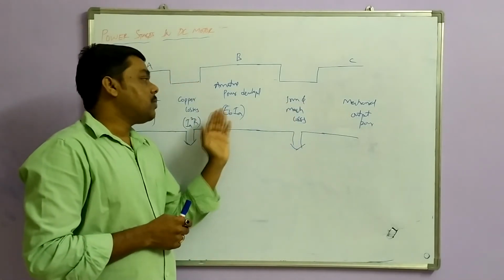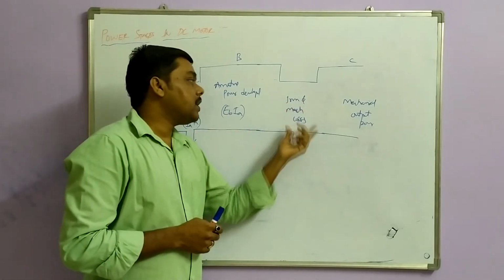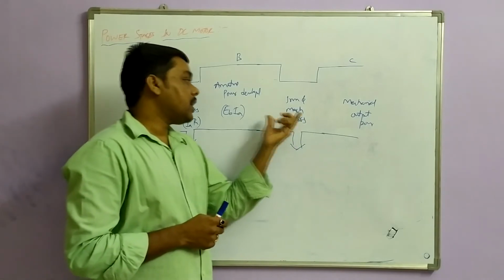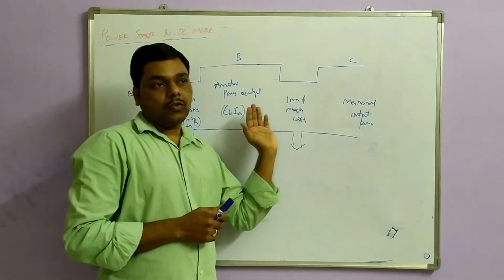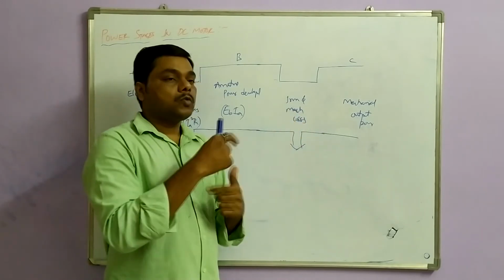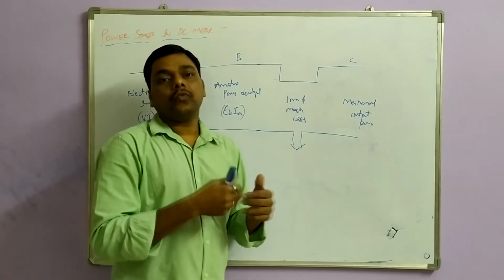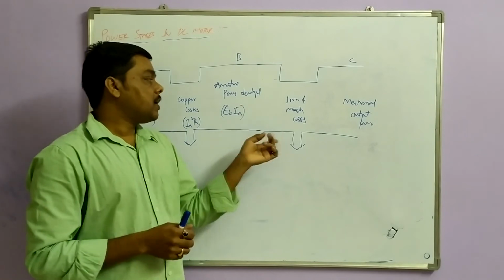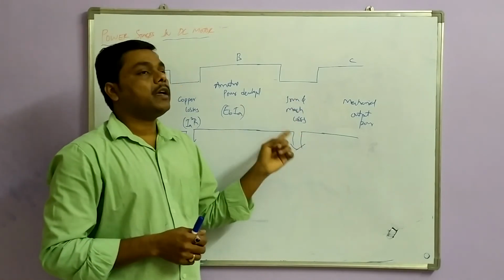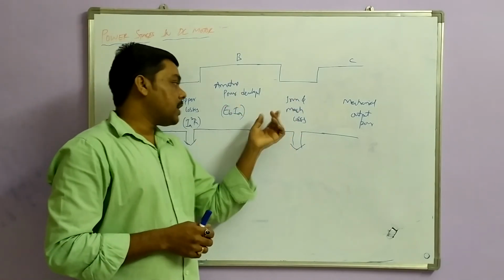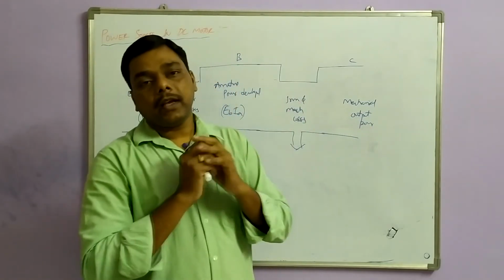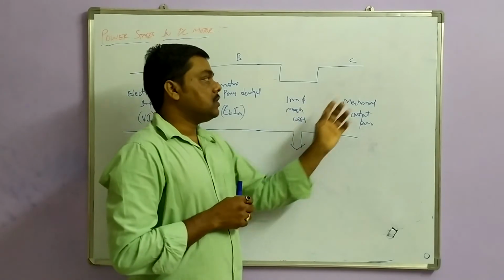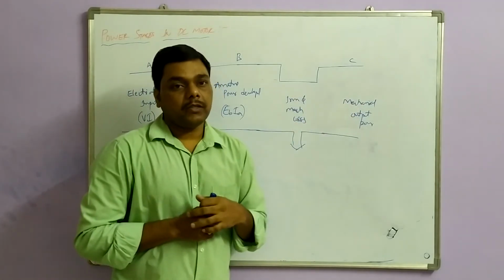So from this power, if you deduct the iron and mechanical losses, so why we are getting iron and mechanical losses here? So this is the extension shaft. So shaft is extended here. So due to wear and tear, due to friction, iron and mechanical losses are considered here. So if you deduct the iron and mechanical losses from EbIa, you will get the actual mechanical output power. That is going to be the third stage.